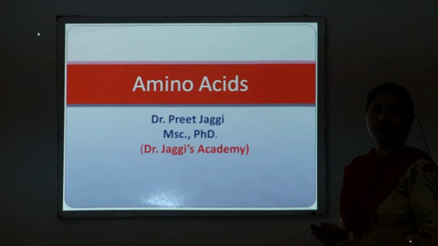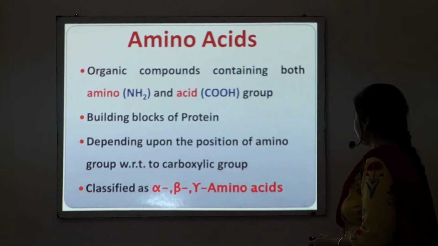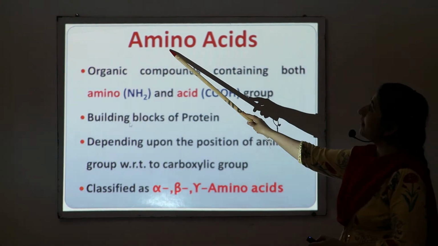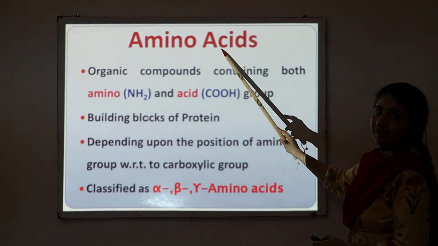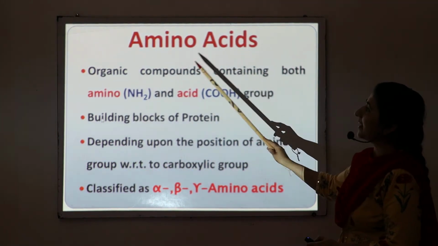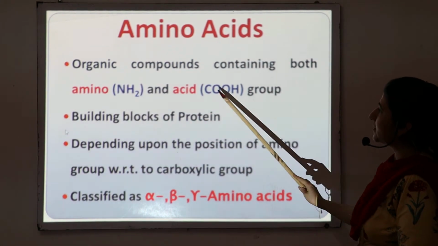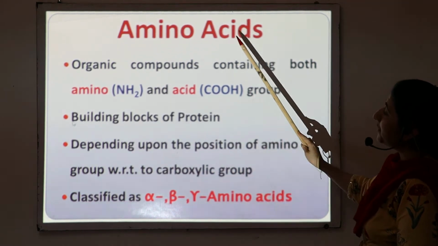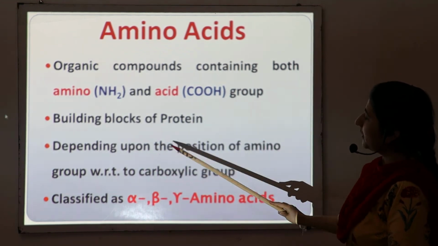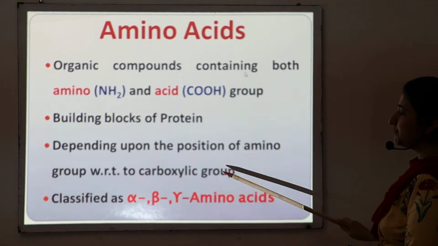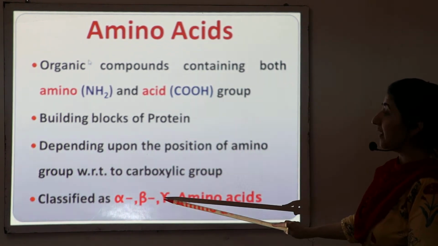So what are amino acids? As the name indicates, they contain two groups. First is amino and second is carboxylic acid. So amino acids are organic compounds containing both amino and carboxylic groups. Amino acids are the building blocks of protein. Depending upon the position of the amino group with respect to the carboxylic acid, they are classified as alpha, beta, gamma